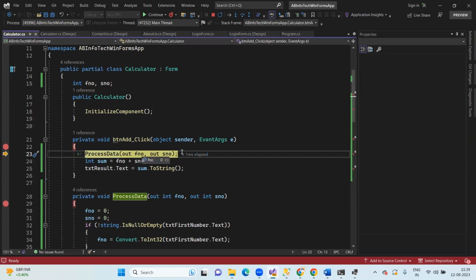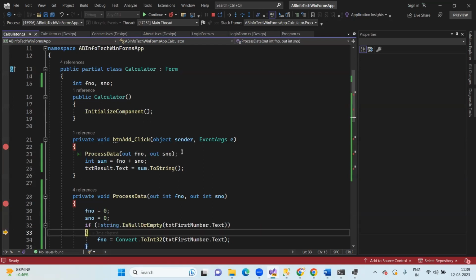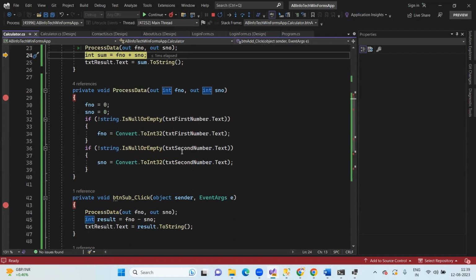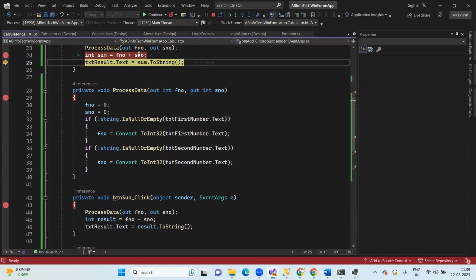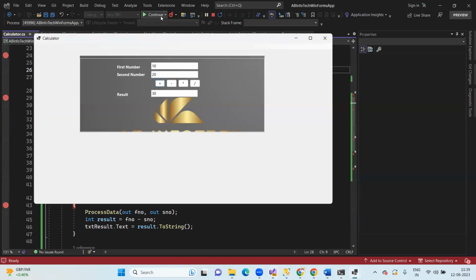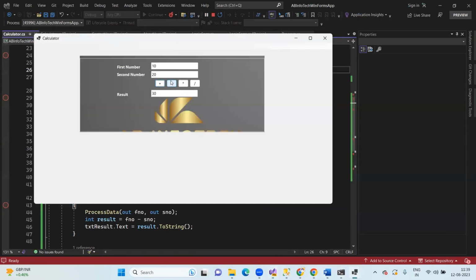Now we have values, initialization, and we are returning the value. 10, 20, the sum is 30, which we are displaying. Now, I'll disable the debuggers and click on subtraction. 10 minus 20 is minus 10. Multiplication, 10 into 20, 200. 10 by 20,